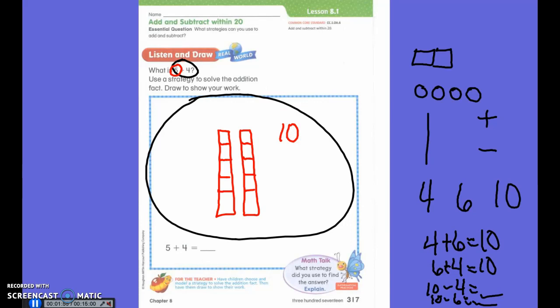But it wasn't 5 plus 5, it was 5 plus 4. So I'm using my doubles minus 1 strategy. So if I take 1 away, now I have 9. So my answer to 5 plus 4 equals 9. I used my double minus 1 strategy. Or I could have done my double plus 1 strategy by using